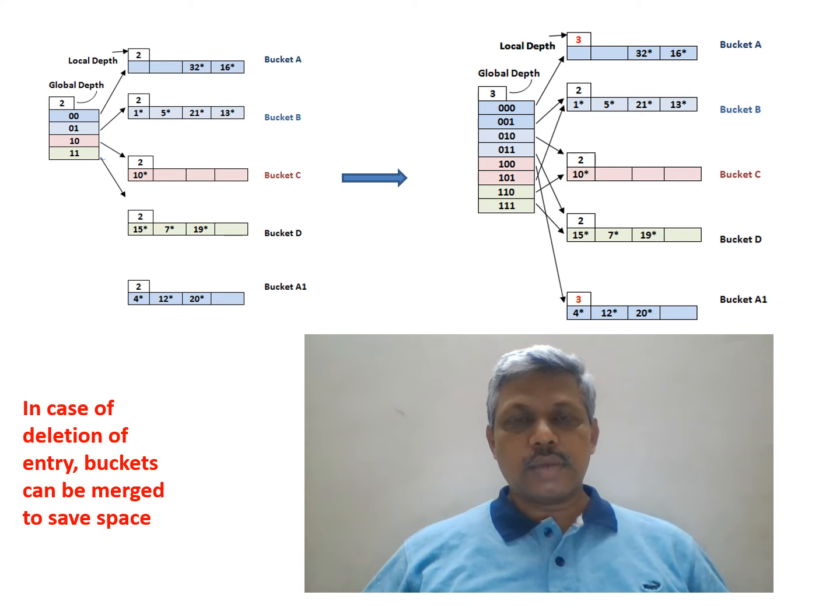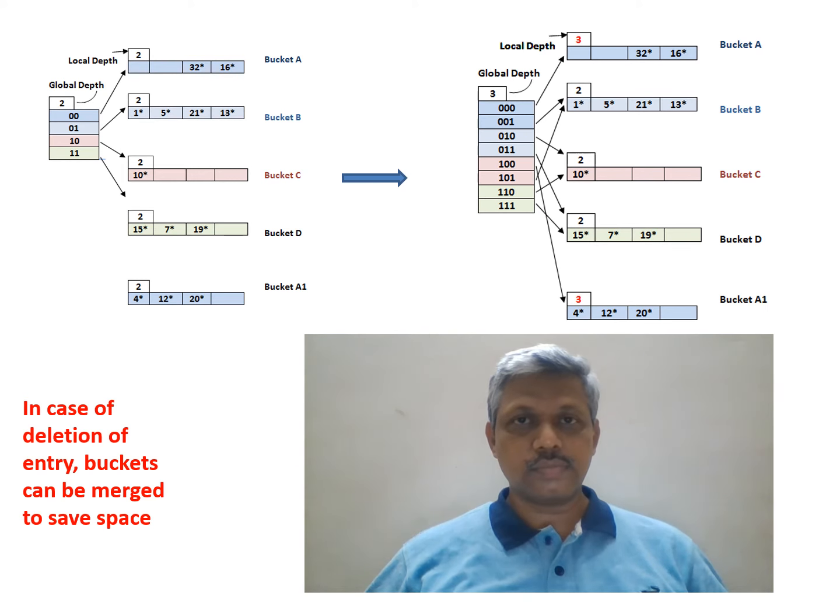And again, if you carefully observe, 0, 0 is the previous one. Since we have doubled it, there are two possibilities now. For 0, 0 itself, there are two possibilities, 1, 0, 0 or 0, 0, 0. So the same pointer pointing to the single bucket is now split into two. 0, 0, 0 should point to one bucket, and 1, 0, 0 should point to another bucket, because for these two buckets 0, 0 is common, which is the same as the previous one. So that is how we double the pointers and split the bucket.